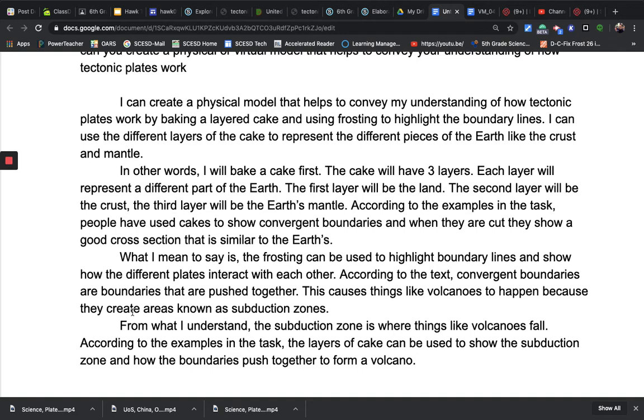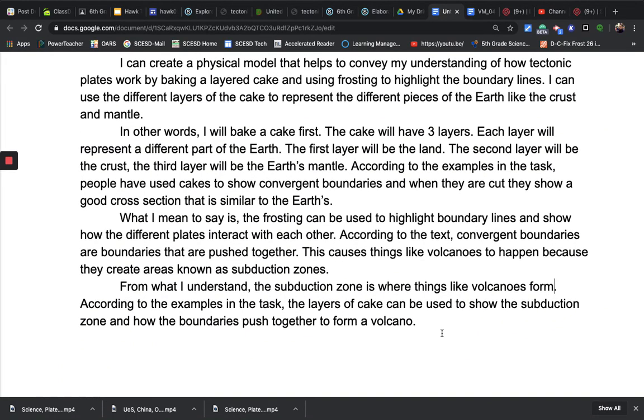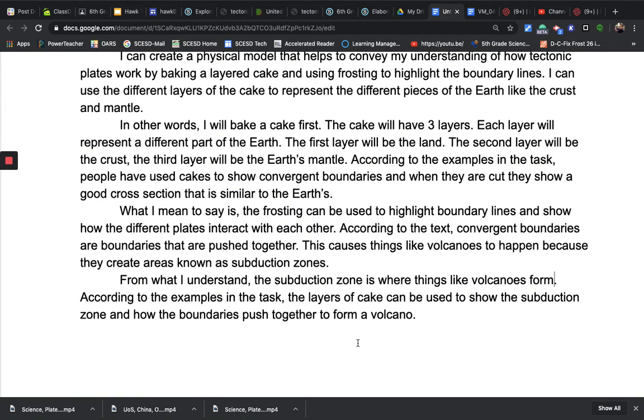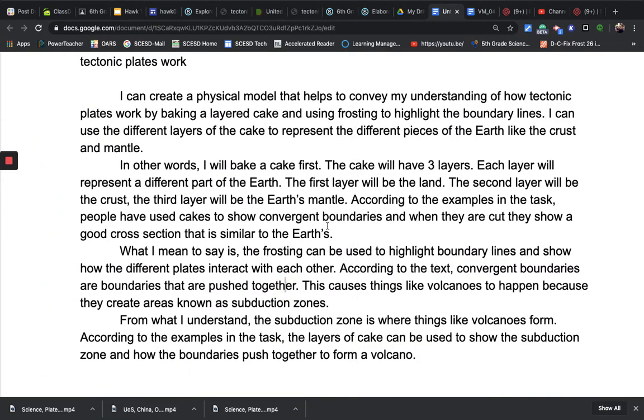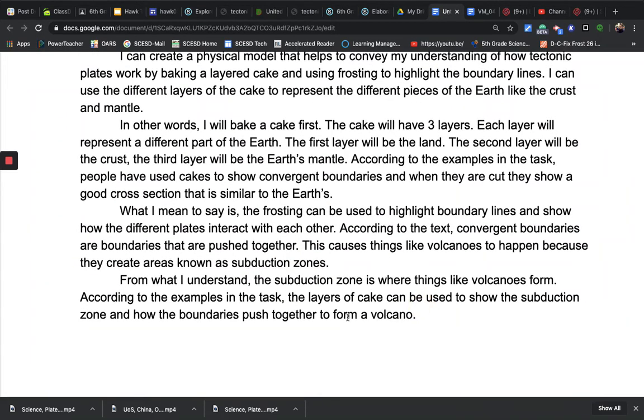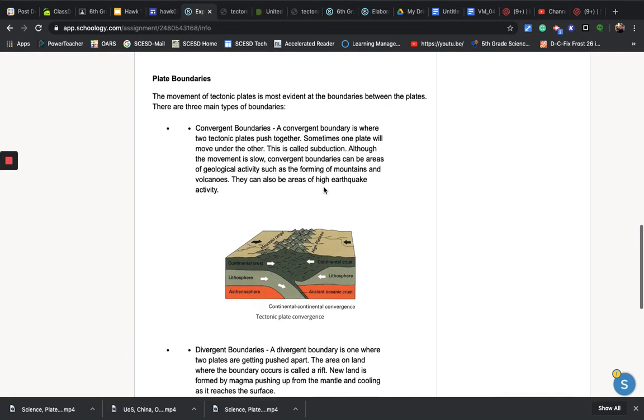All right. So from what I understand, the subduction zone is where things like volcanoes form, not fall. According to the examples in the task, the layers of the cake can be used to show the subduction zone and how the boundaries push together to form a volcano. So I'm done with that paragraph. I have my clarification and I have my fortification. Let's go real quick to the directions